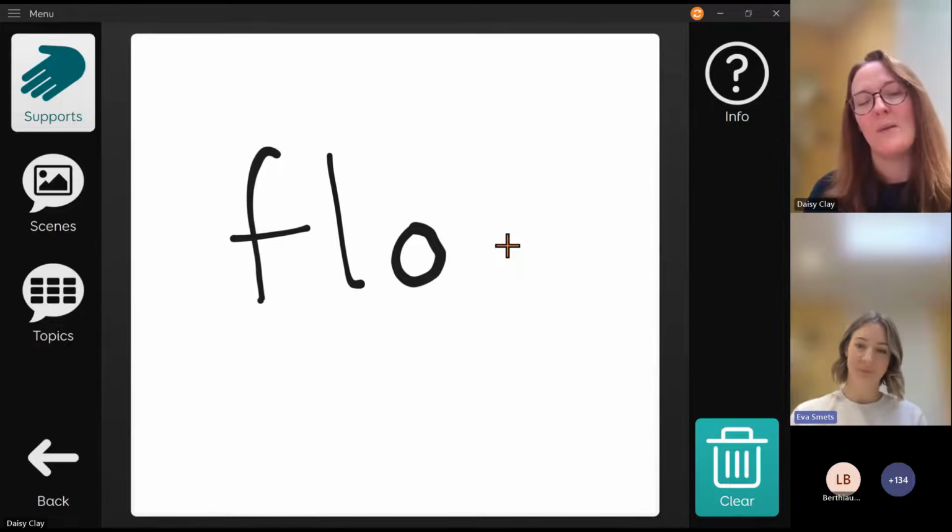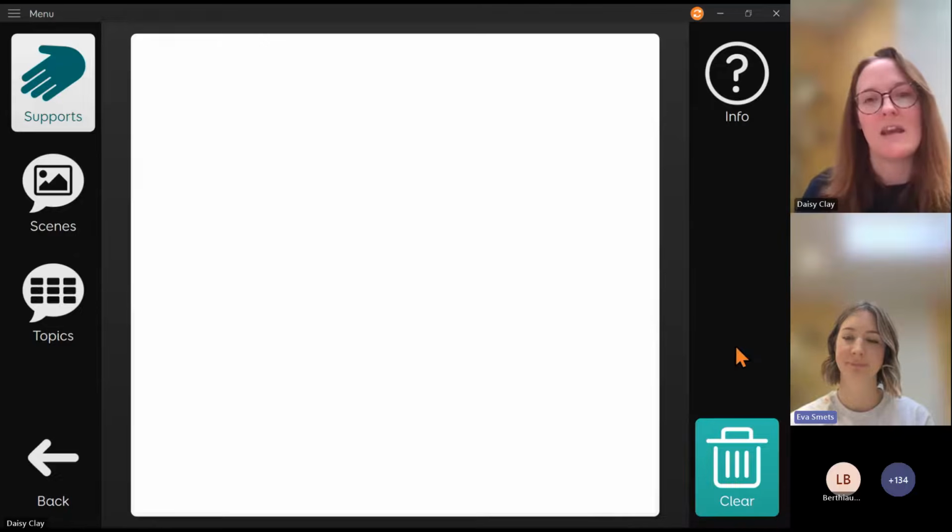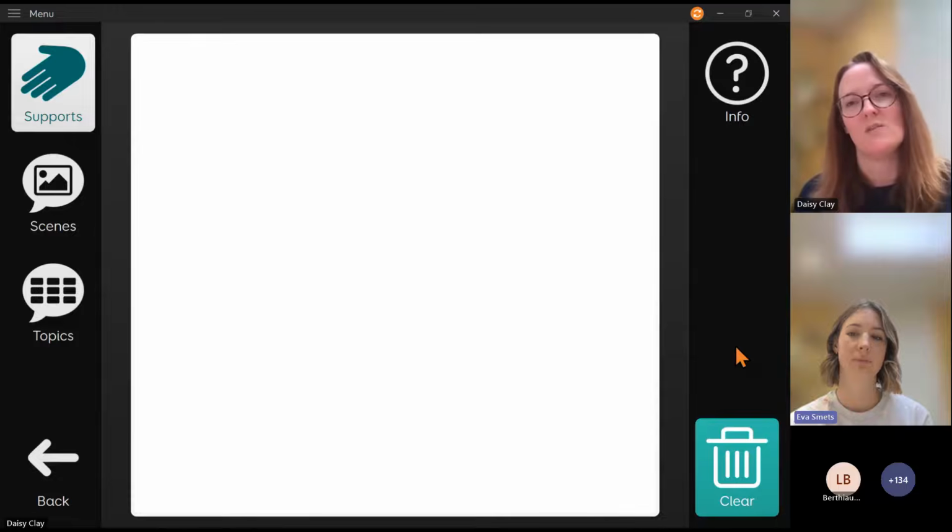And another way that the whiteboard can be helpful is also with the communication partner writing down keywords as they're communicating. So that's something that can be really helpful for some people with aphasia, to see the keywords within a conversation as someone's talking to them, to support their understanding. So that's another really useful way that we can use the whiteboard.